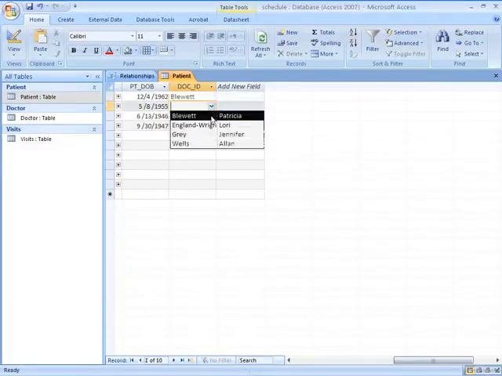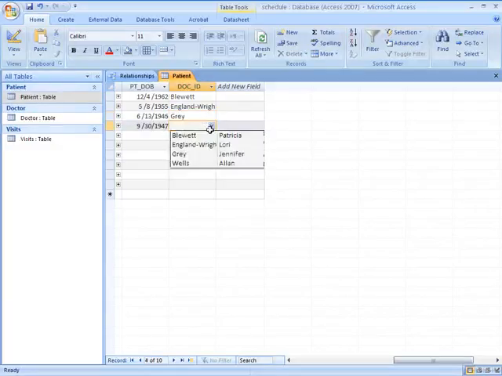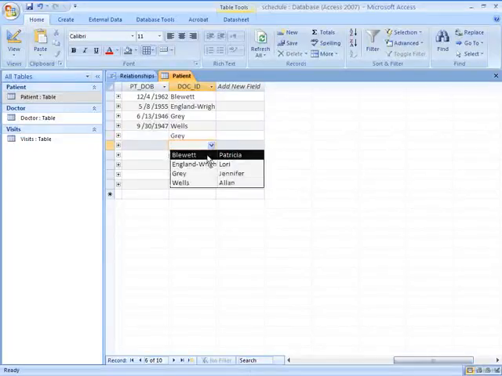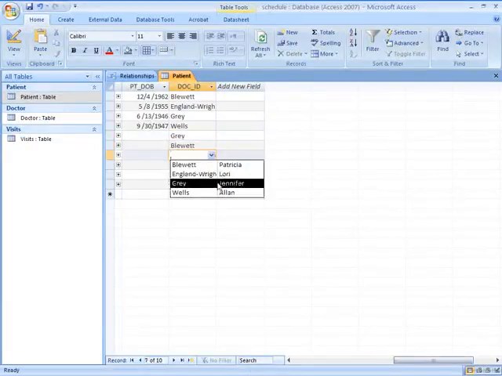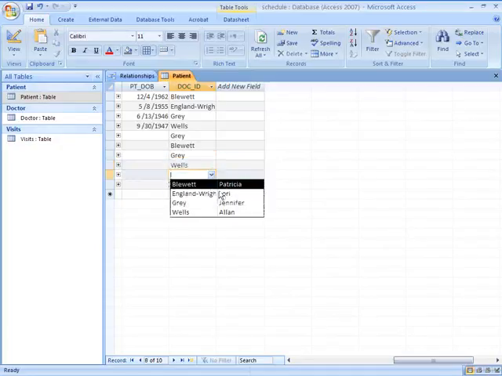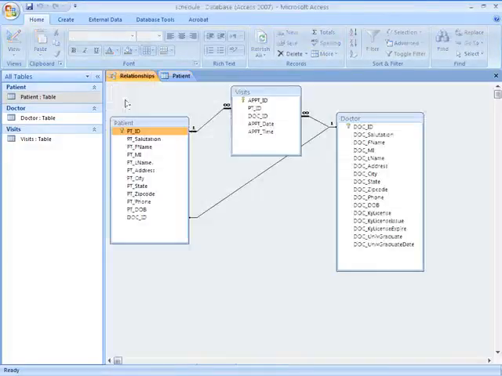and I can make that one Dr. Blewett, Dr. Wright, Dr. Gray, and this is one of those things you want to do in order to earn some extra credit on this particular assignment. Blewett, Gray, Wells, Blewett, Gray, Wells. Oh, Lori. Mr. Lori wants. Okay, we'll just give Lori some extra credit there. All right, so now all of my physicians, they now have this,